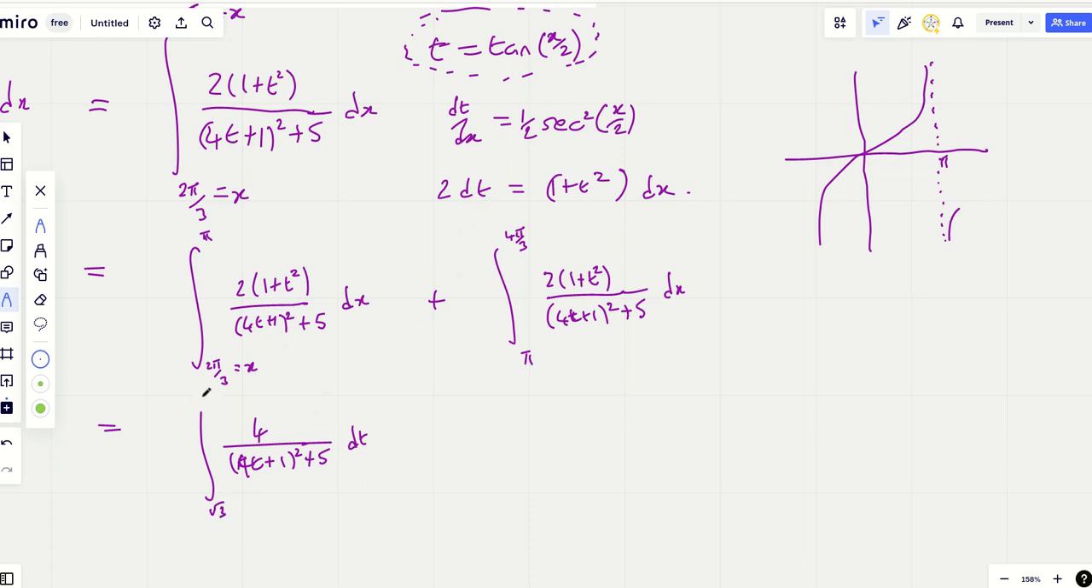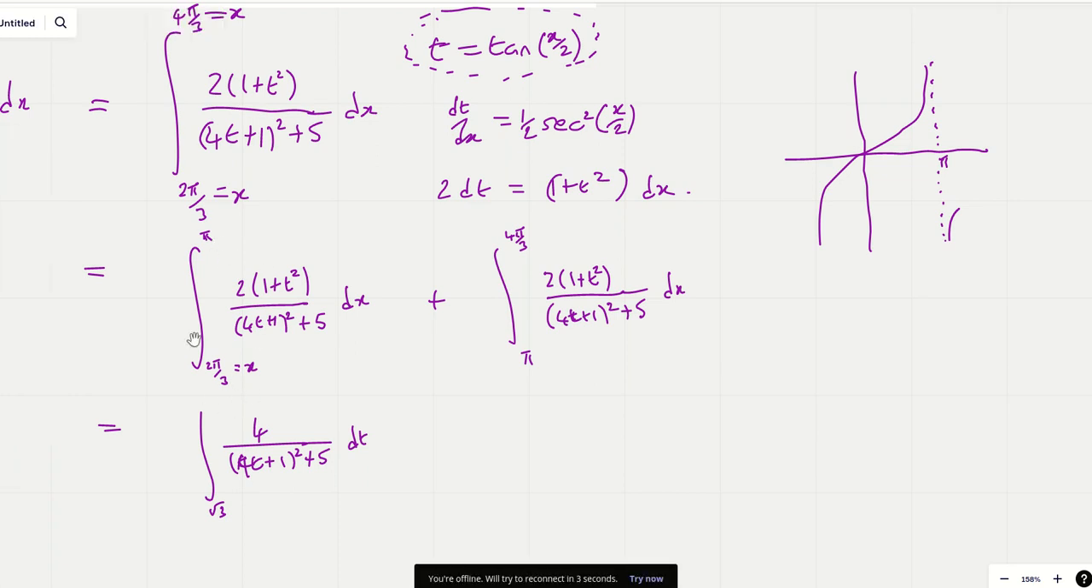Now, what about when we get to pi? Well, we've got tan of pi over 2, but notice we're approaching it from below, because we want to now